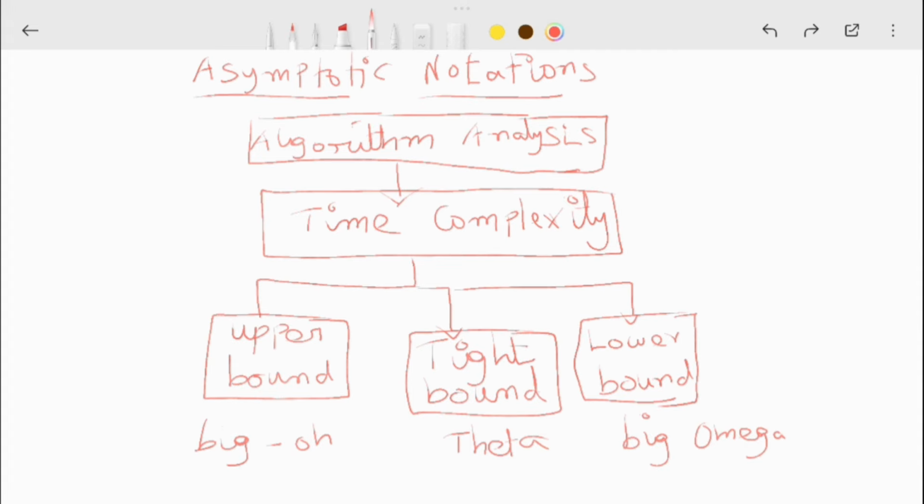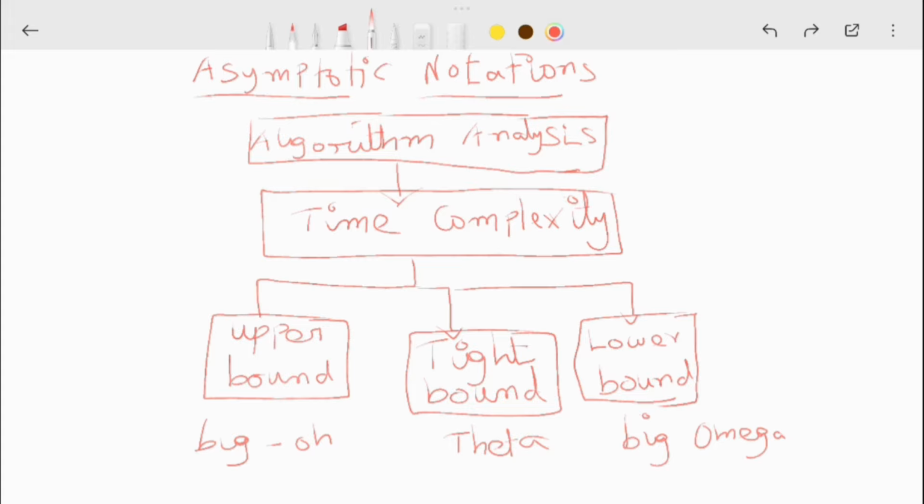Space means how much space it takes to complete that algorithm. And time means how much time it takes to complete the execution of the algorithm. In this video, we will discuss algorithm analysis based on the time taken. That means the time complexity of an algorithm. For the time complexity,